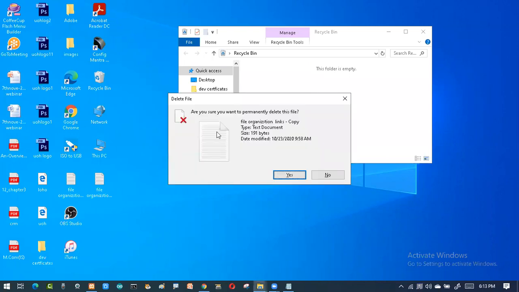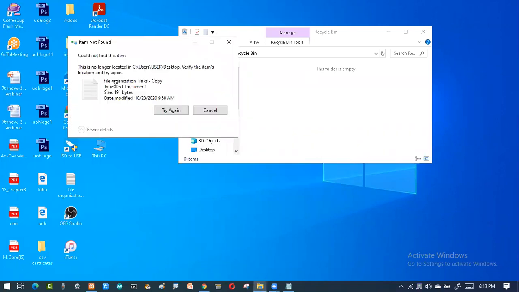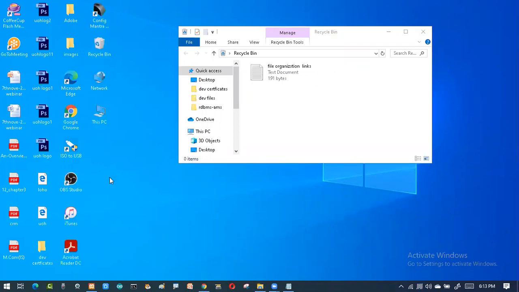You can see here, you want to delete the record permanently. I delete it. Now even if you say Control Z, I cannot get it back, because it's nowhere related. If I delete this one to the dustbin and then say Control Z, I can get it back. But if I completely delete, then I cannot retrieve it back.